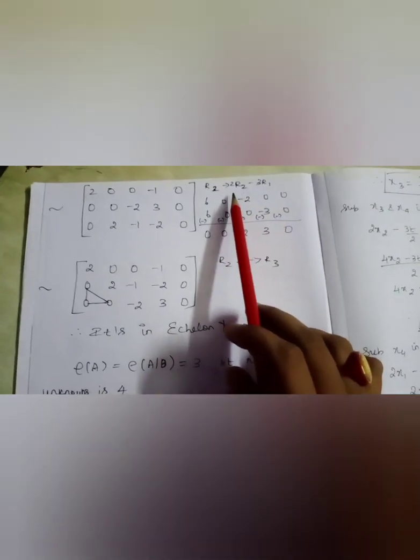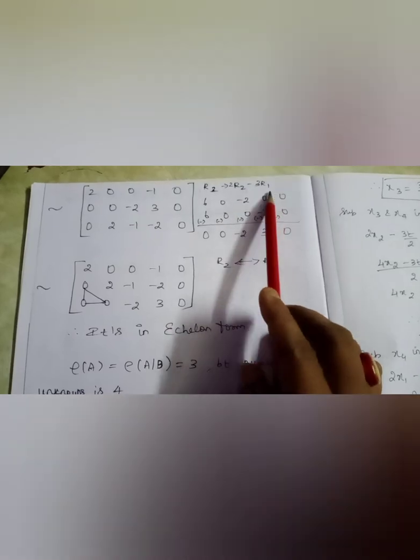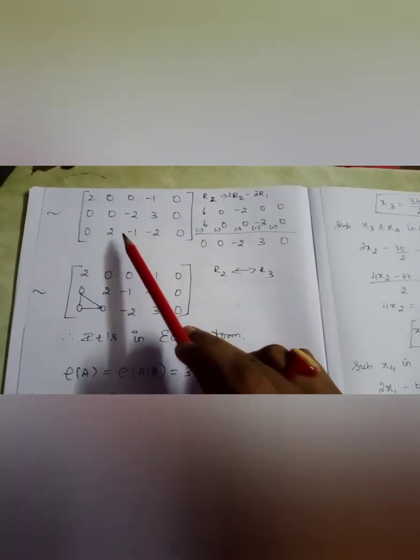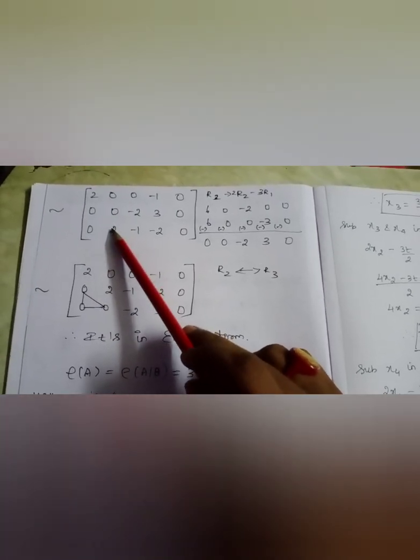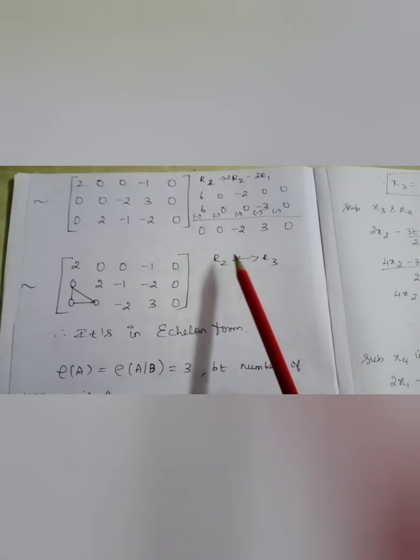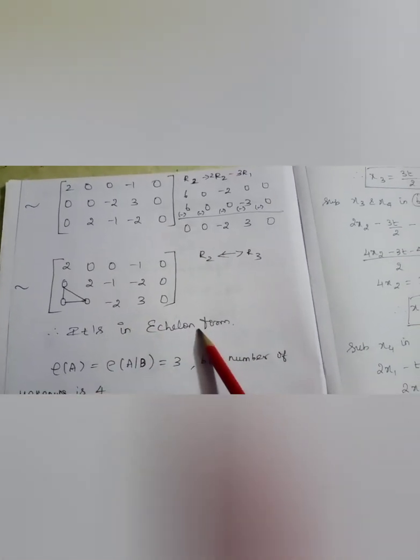Now we will apply the echelon form, that is, applying the elementary transformation. So R2 implies 2R2 minus 3R1. So I am getting it to be 0 0 here. So what I am going to do now here is, instead of making this also 0, I can interchange these 2 rows. See, interchanging R2 and R3, I have got the matrix to be in the echelon form.